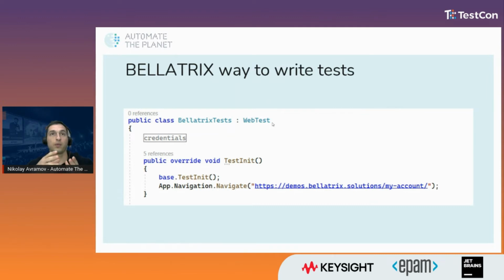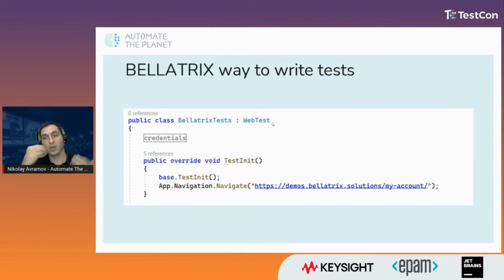So these web-based tests definitely need some browser setup. They need to close the browser after the test has finished. They would need to support some different browsers with their versions and some generic functions that any web test needs. So by inheriting this web test class,